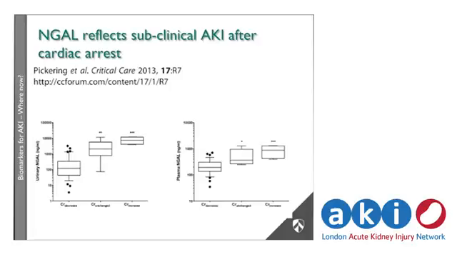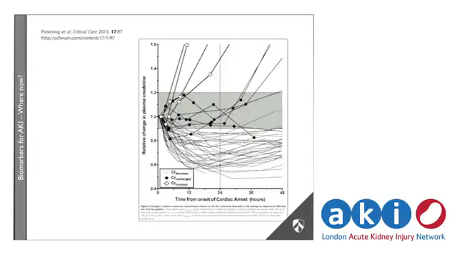I think this is a study of patients who had cardiac arrest, and they looked at urinary and plasma NGAL. They distinguished patients who had a creatinine increase after cardiac arrest, who had true acute kidney injury, from those whose creatinine went down, which was the majority of patients, and those whose creatinine remained unchanged. Okay? What you can see is those whose creatinine remained unchanged had significantly higher NGALs than those whose creatinine decreased. And these are all the creatinines of the patients in this study, and what you can see is the majority have a creatinine decrease. And this is because of all of those metabolic factors affecting creatinine production, as we said.